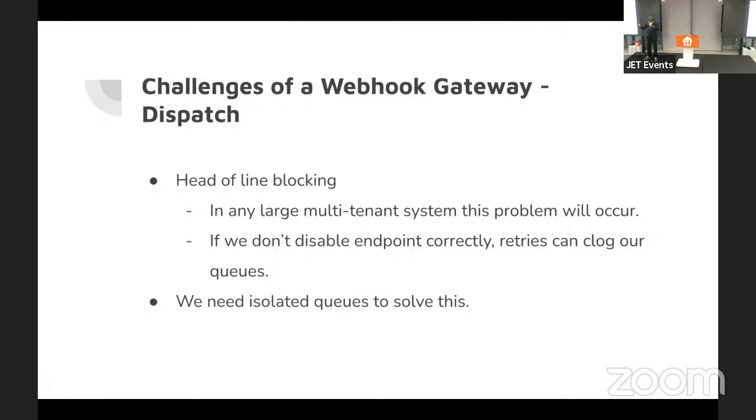And if, for example, their endpoints fail, because the bulk of what you're doing in your Webhook gateway is managing endpoints, HTTP endpoints that can be hundreds, 200, 300, thousands, or tens of thousands of endpoints. So if one of them is experiencing a failure, it can cascade to the entire queue, and other people would not receive Webhooks just because one tenant is having a problem.